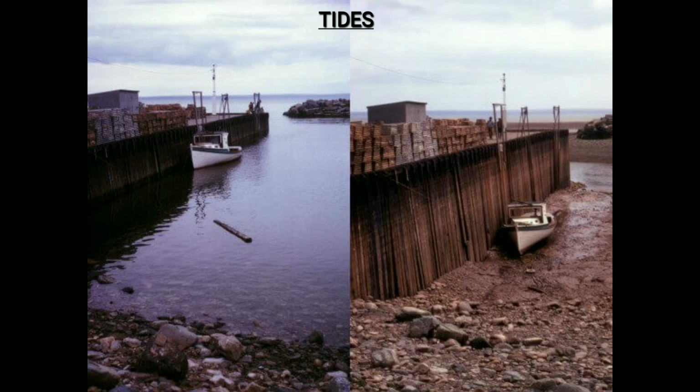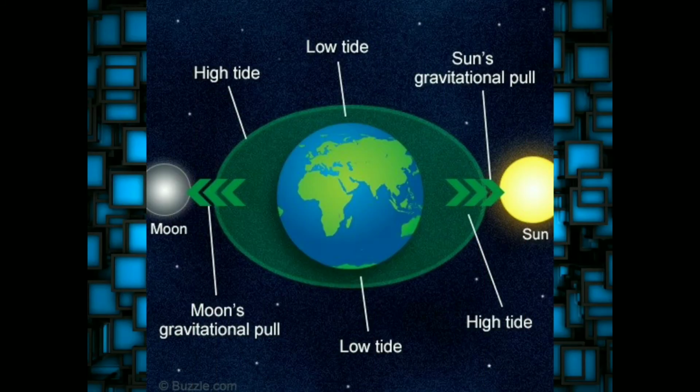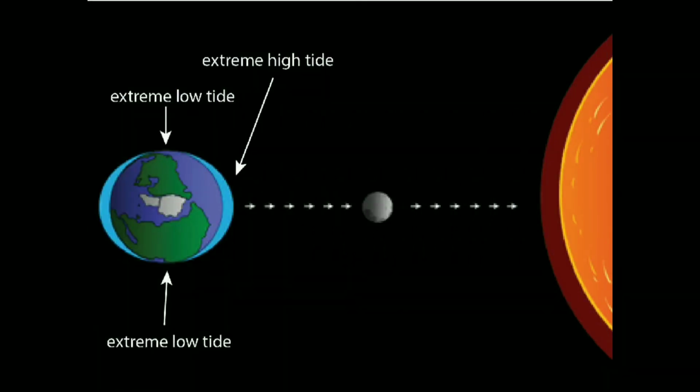Tides. Tides in the sea result from the gravitational pull of the moon, the sun, and the planets, and from local causes. The moon orbits the earth once in 28 days, and the whole system orbits around the sun in 365.2 days. The paths of the moon round the earth and the earth round the sun are both elliptical, so the gravitational force of attraction passes through a maximum and a minimum during each orbit.